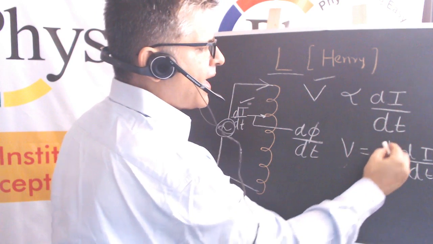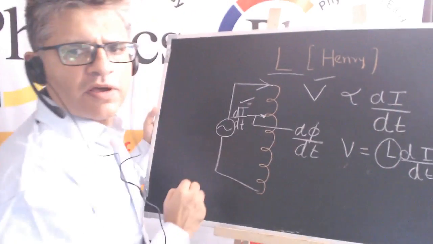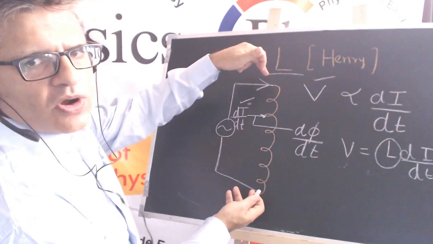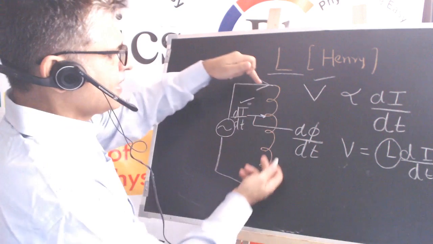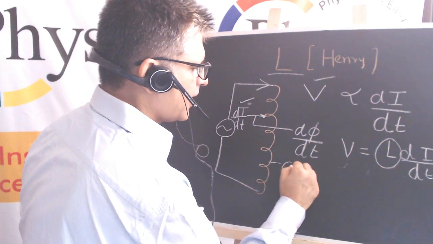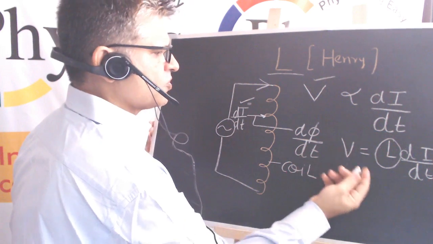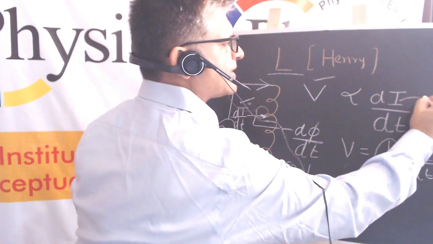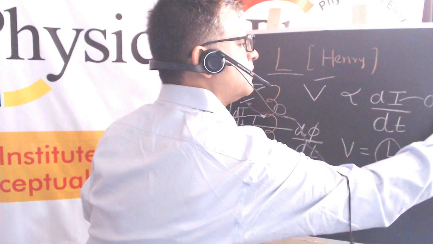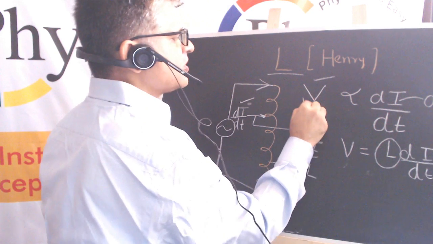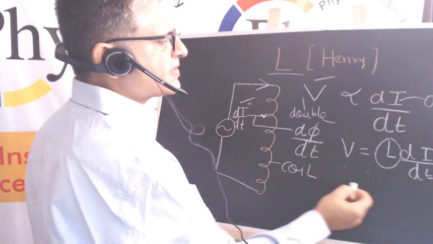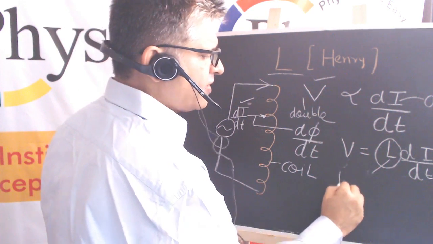Now, L is a constant for a circuit. You cannot change the inductance or the inductive effect being seen in this particular coil. So this is a coil, and so which means if you double this quantity, your voltage will also double. Okay? Which means L, which is in Henrys,